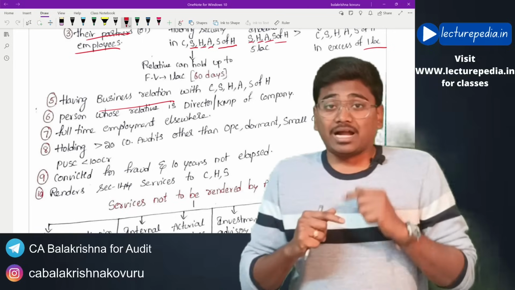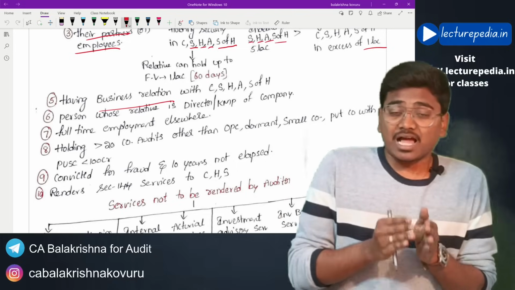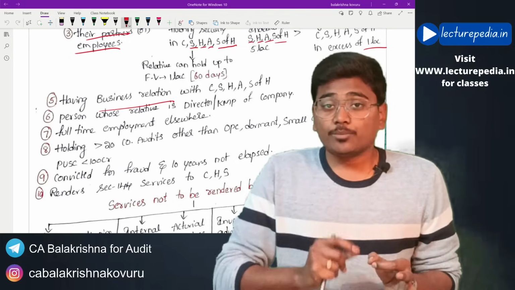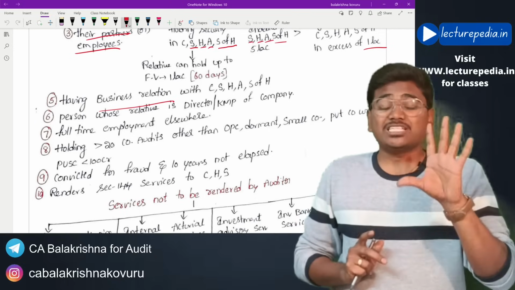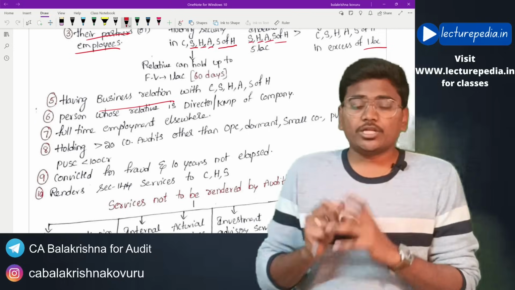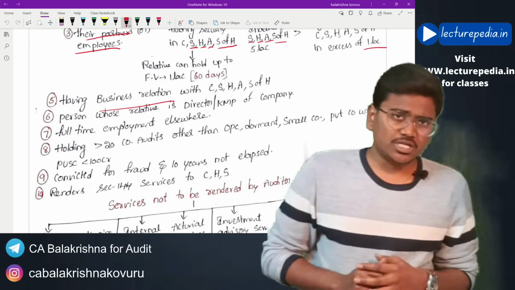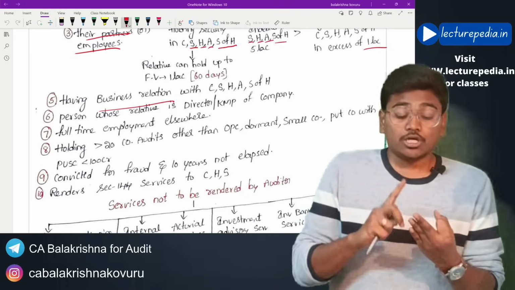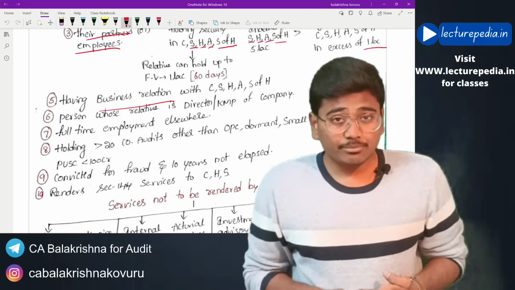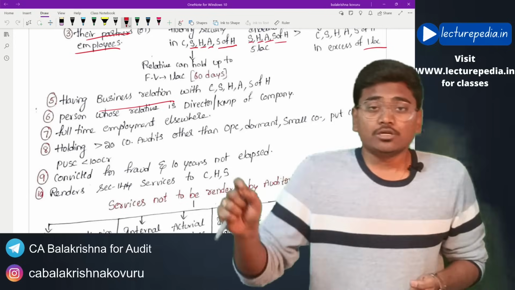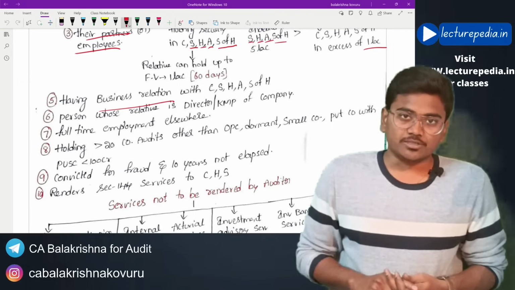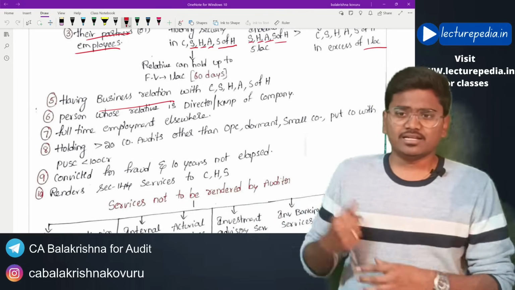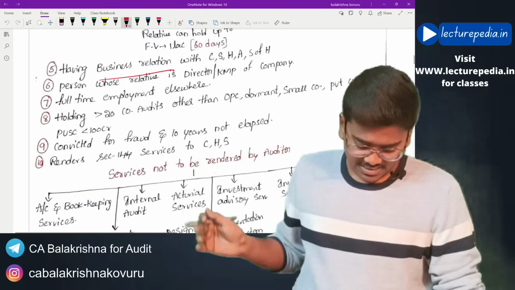So if at the time of appointment he is having 20 or more than 20 audits, then he cannot be appointed as an auditor, because the maximum limit of audits is 20 only. However, while calculating this 20, you need not include one-person companies, small companies, dormant companies and private companies whose paid up share capital is below 100 crore rupees. Okay, this limit we will be again discussing in the further class.